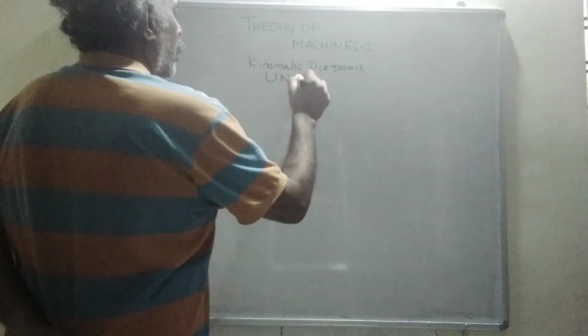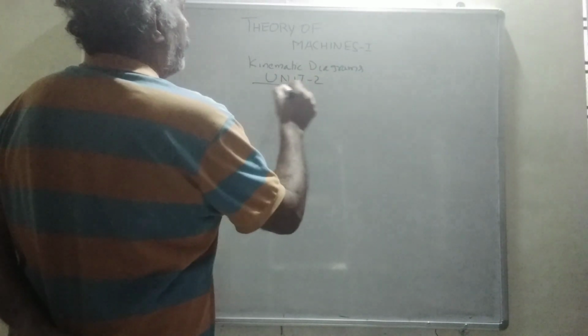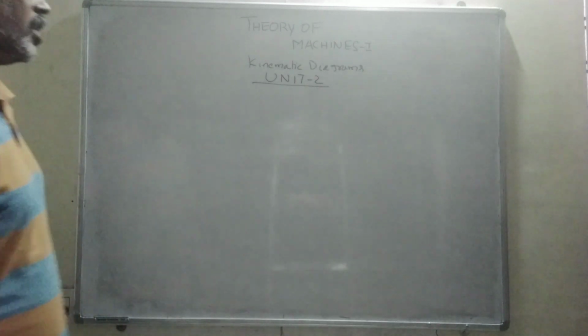Now let us discuss the portion in unit number 2 of Theory of Machines Part 1. This unit is kinematic diagrams. So for several mechanisms like the slider crank mechanism